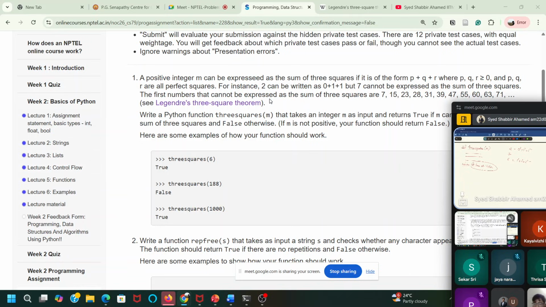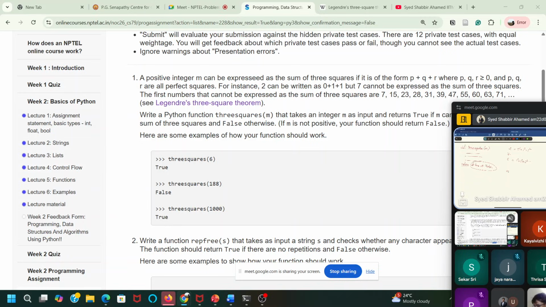But there should be some logic to it, right? If I want to run a program and check if my function is satisfying the condition of sum of three squares or not, there should be some logic. That's why Legendre's three square theorem is there.